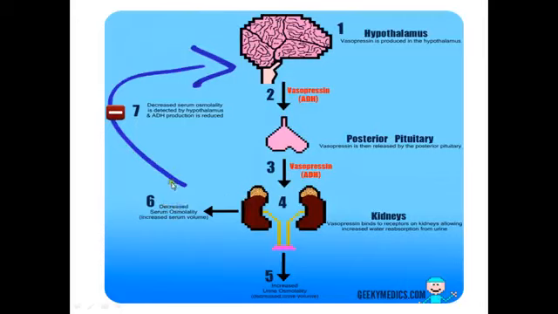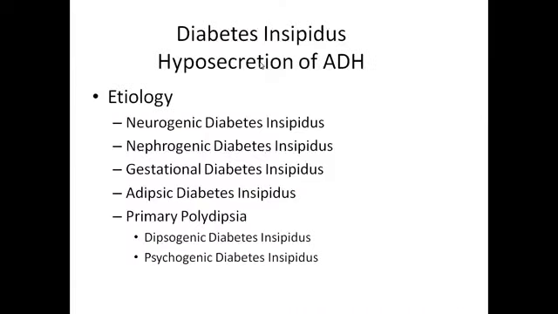So the signal goes to the brain: the body needs water. The hypothalamus then secretes extra ADH, which is stored extra, and this whole cycle keeps on going. So that's how the homeostasis of sodium and water takes place in the body. Basically, ADH is responsible for homeostasis of water in the body. So diabetes insipidus is hyposecretion of ADH or decreased action of ADH. So some pathology with the ADH.